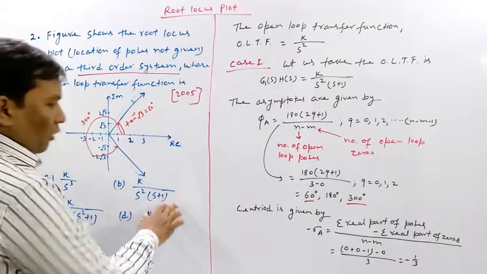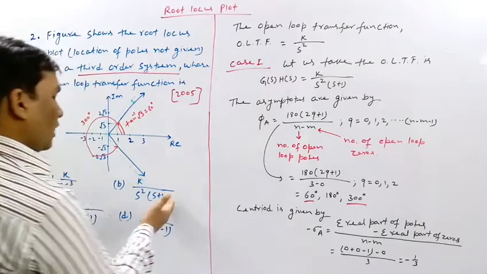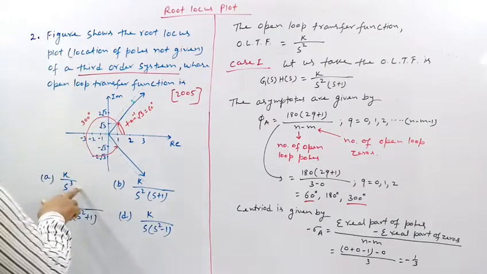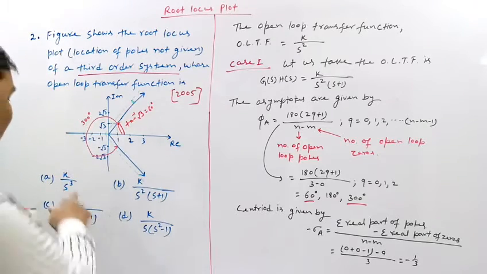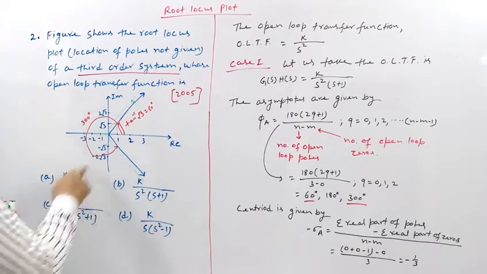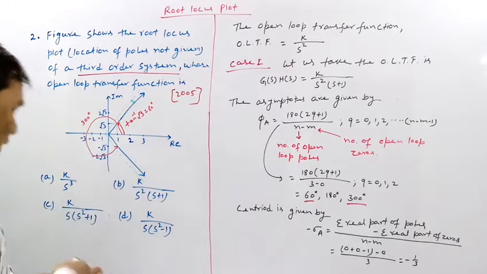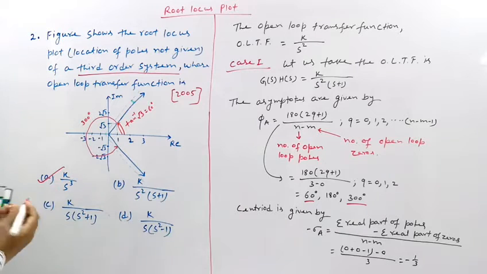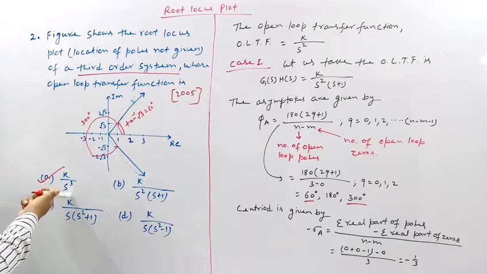So this option is not correct, because the centroid is not starting there. So which option is correct? Option A will be correct, because in this case the centroid will be at 0. It clearly says that option A is correct, because here if we calculate the centroid,